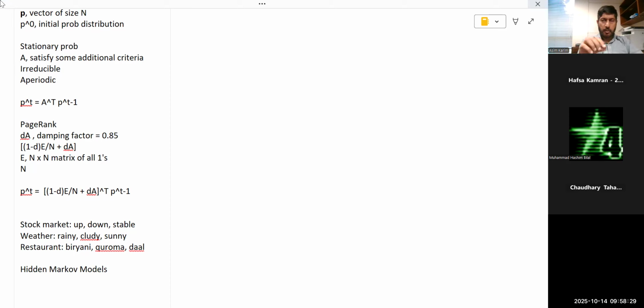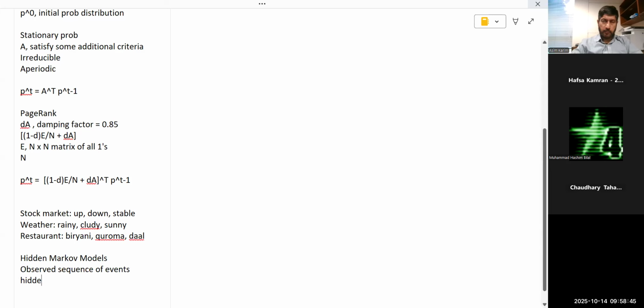In a hidden Markov model, there are actually two sequences. ठीक है। एक ऑब्जर्व्ड सीक्वेंस है और एक लेटेंट सीक्वेंस है। और एक हिडन सीक्वेंस ऑफ इवेंट्स, and both sequences are of the same length. ठीक है।